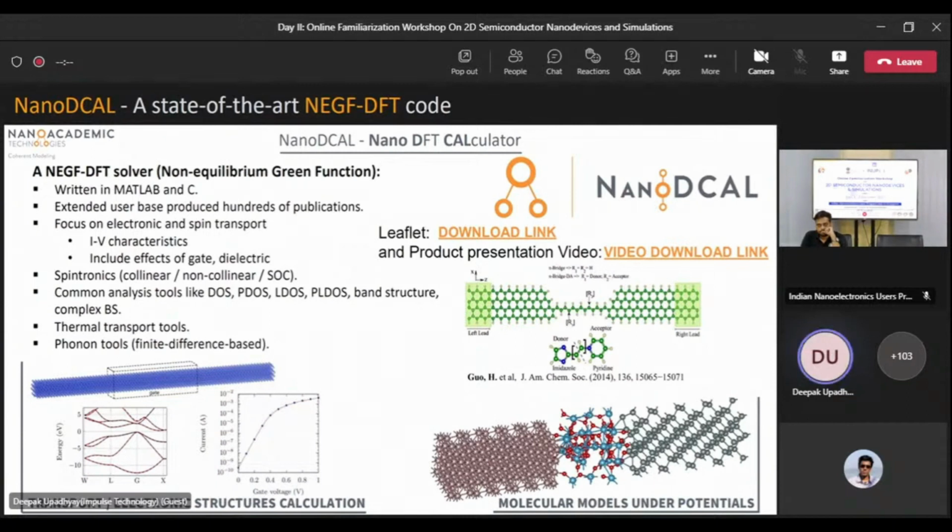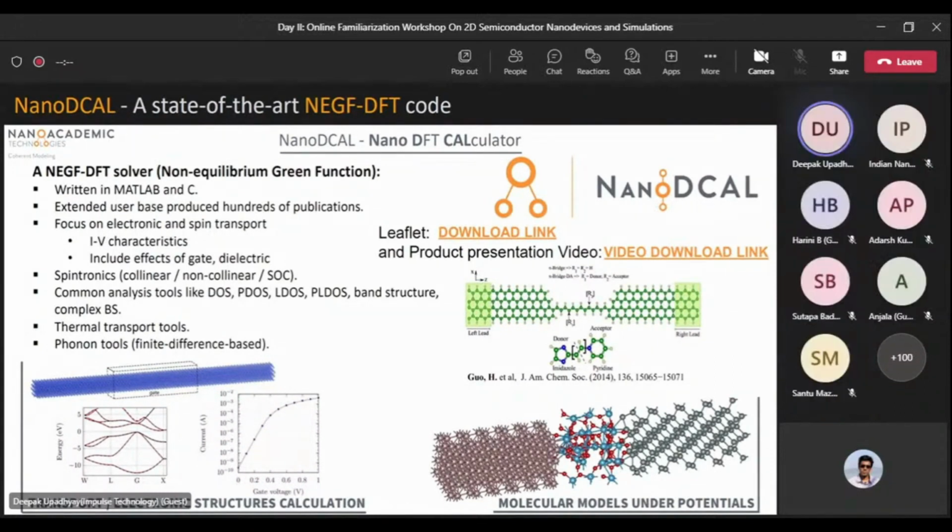Now, NanoDCAL is a very state-of-the-art general purpose first-principles quantum transport package, which combines both DFT and NEGF. And this software is written in MATLAB as well as in C. This software is used in a lot of publications and good journals. You can find it on the Google Scholar page, which is very popular outside India, where many papers were published in many domains like spintronics, battery and energy devices, insulators, photocurrent, and molecular electronics, and it covers